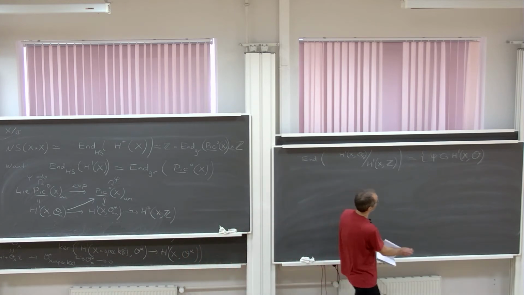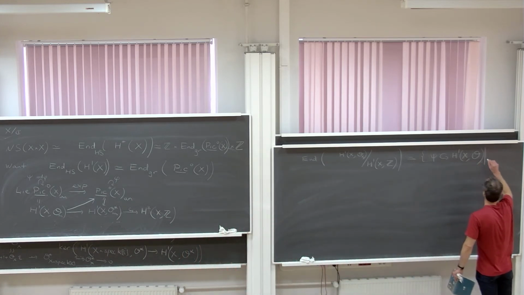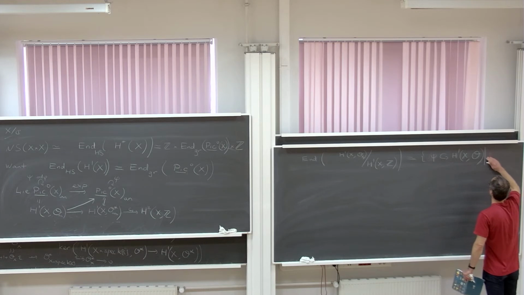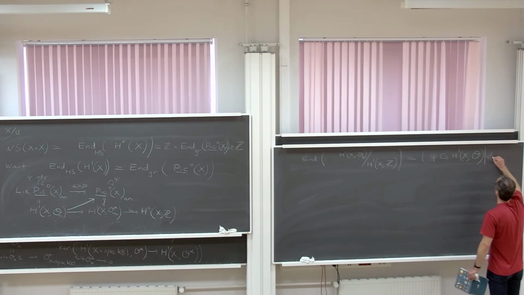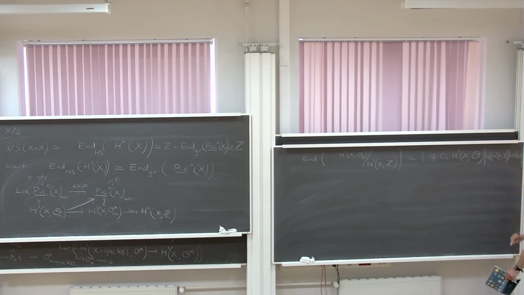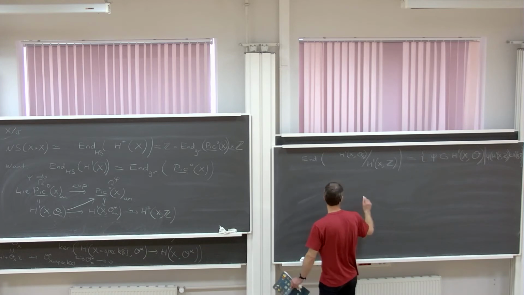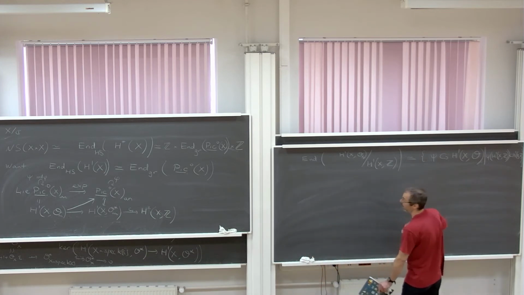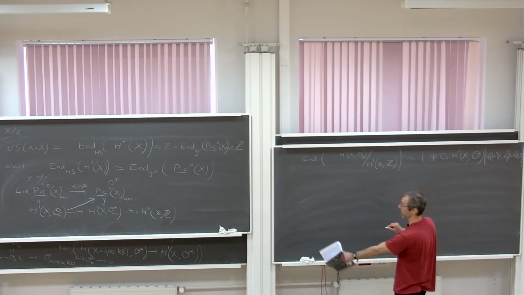Okay, so the condition now is that psi preserves the lattice. Psi of H1 of X with coefficients in Z belongs to H1 of X with coefficients in Z. Right? Good. So very simple linear algebra description, and now I want to identify it with